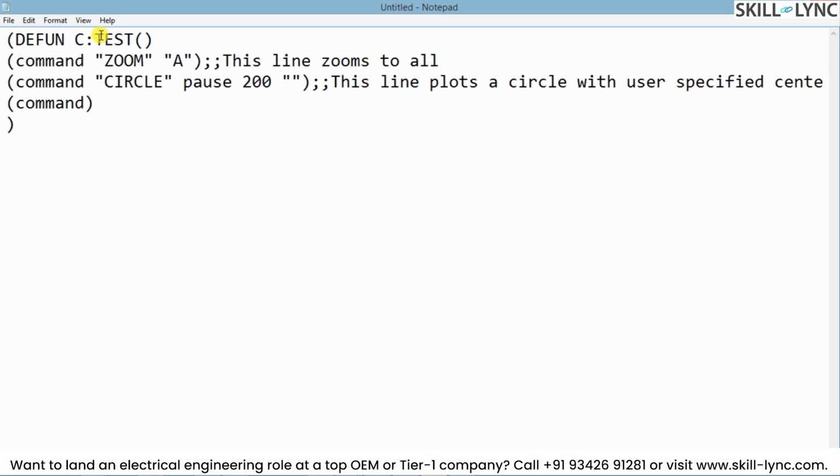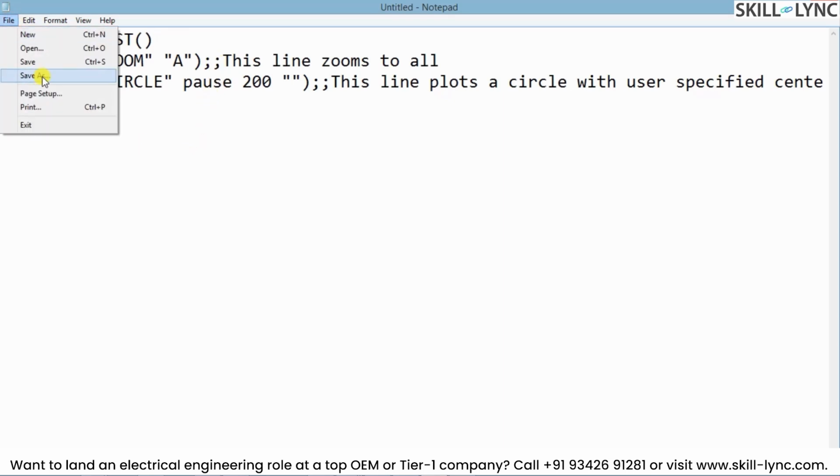Now always we have to see that all the double quotes open should have a double quote close, and all the parentheses open should have a parenthesis close, and in that order of precedence is how it gets executed. So this is our initial basic Lisp code that we have written. Now let us go ahead and then save it as